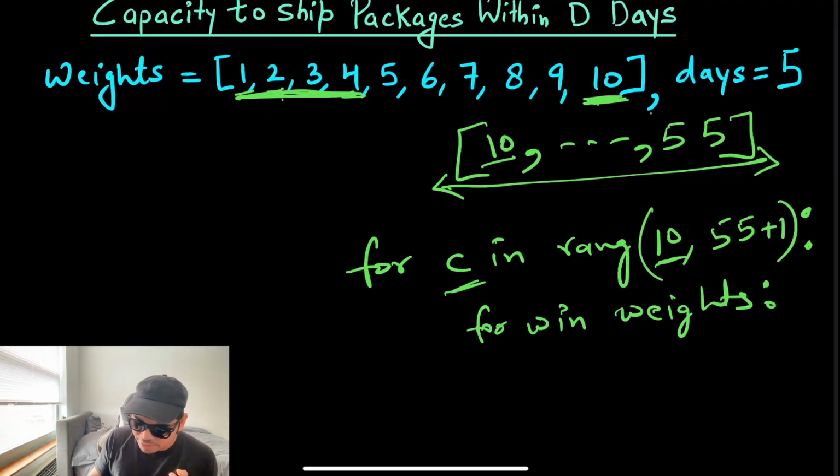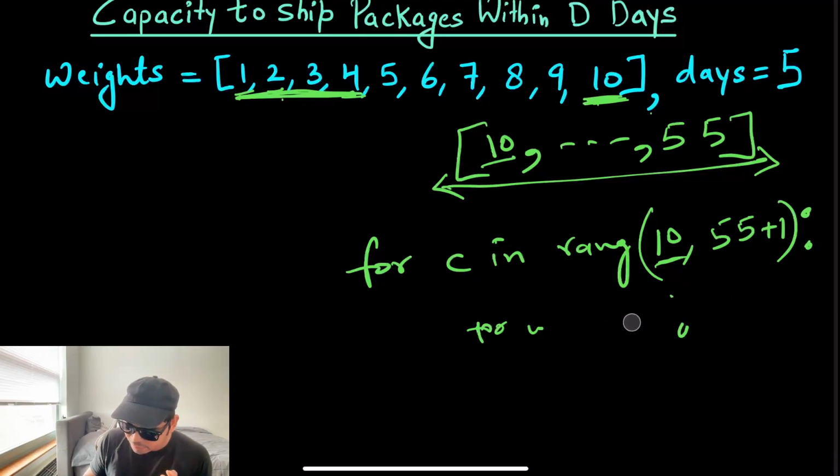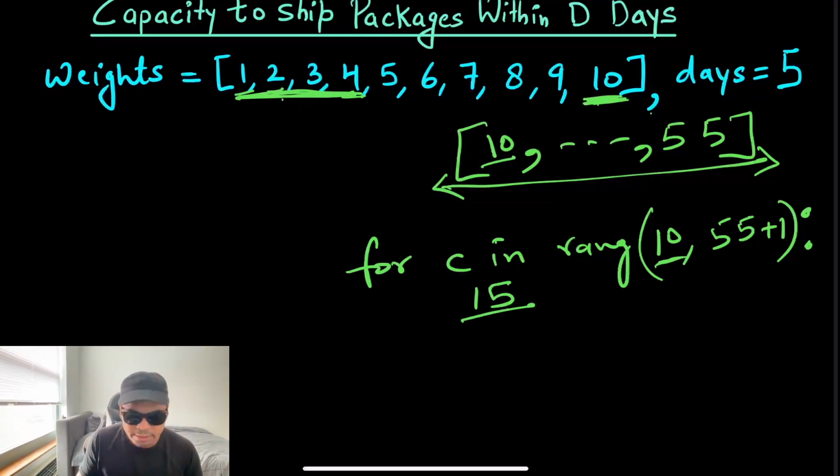Okay, so what do I do? I increment my capacity here. This will keep incrementing because we have the for loop, so it will now process 11, and you'll realize 11 will also not be able to do that within 5 days. So if you choose 15, and they have shown it in the example, I'll process these 5 in the first day,